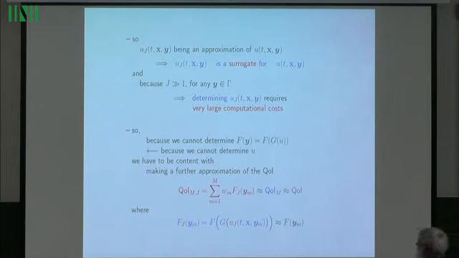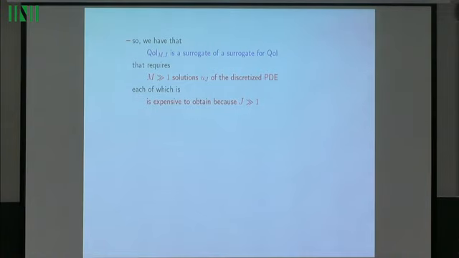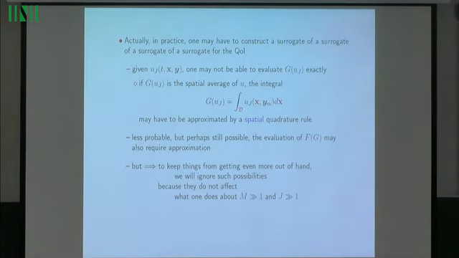So because we cannot determine f of y, because we cannot determine U, we have to be content with making a further approximation of the QOI. In the sum, we can't put f of ym here. We have to put fj of ym, where fj is a composite function which depends on g, which depends on the surrogate for u. So QOI_mj is a surrogate of a surrogate, requiring a large number m of solutions of a discretized PDE, which is expected because of the number of degrees of freedom. Actually, in practice, we may need to construct a surrogate of a surrogate of a surrogate of a surrogate,